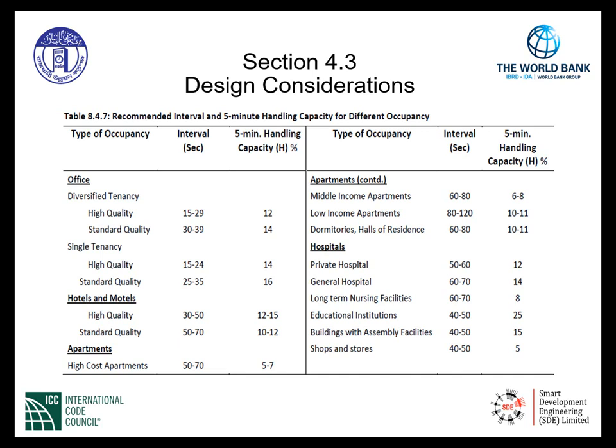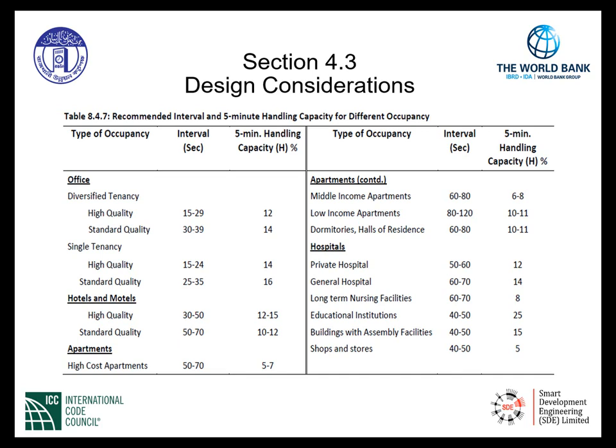For office, indicating diversified tenancy, high quality, standard quality. Single tenancy, high quality, standard quality. When we get into the motels or hotels as well, we have high quality and standard quality. Apartments that we use as residents are split up into high-cost apartments, middle-income apartments, low-income apartments, and finally dormitories and halls of residence. The hospital category provides us with private hospital, general hospital, long-term nursing facilities, educational institutions, buildings with assembly facilities, shops,